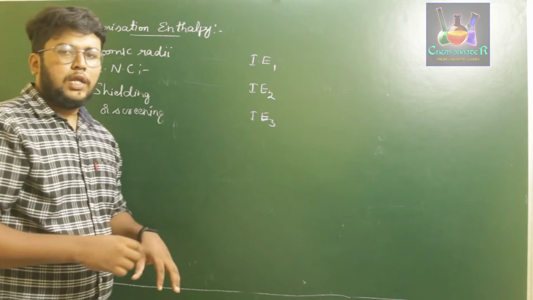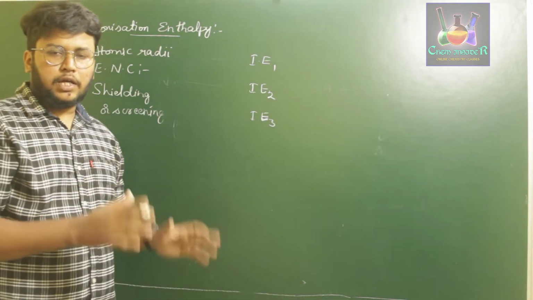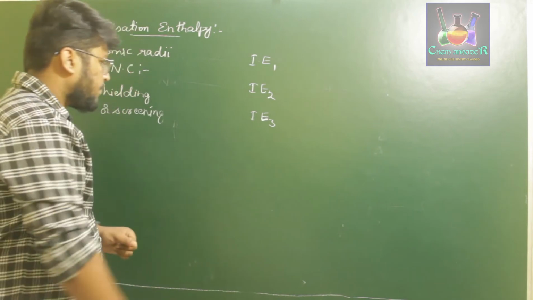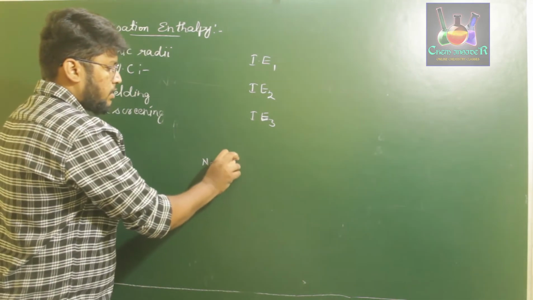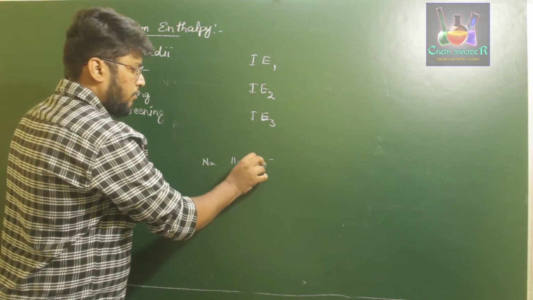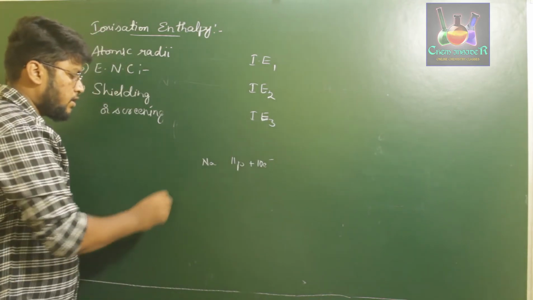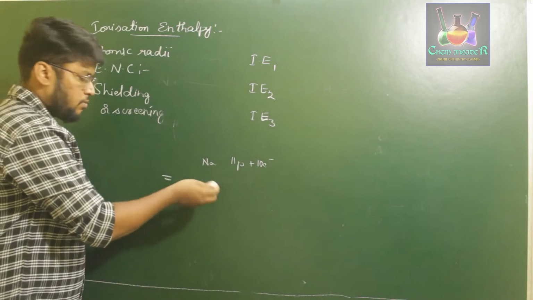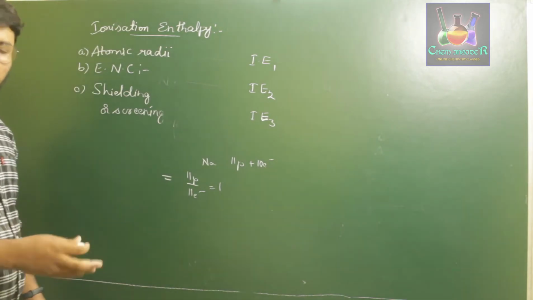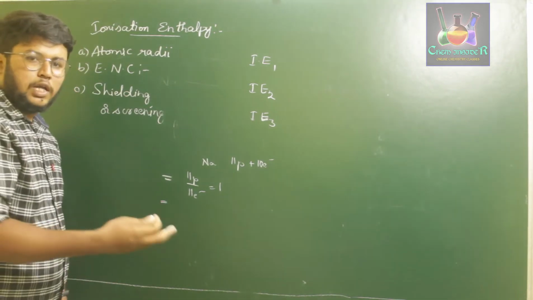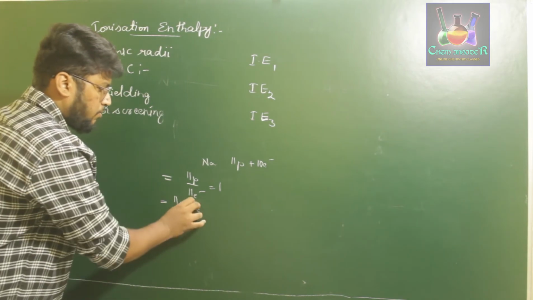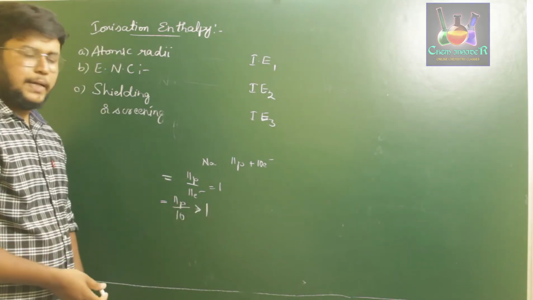That is because whenever you remove an electron from an isolated gaseous atom, we have increased its effective nuclear charge. Let's see. If I take the sodium atom itself, the sodium atom has 11 protons and 11 electrons, right? Now if you remove one electron, then we'll be left with 10 electrons. If we take the ratio of protons to electrons, 11 protons by 11 electrons gives us 1. Effective nuclear charge is 1. If you take away an electron from this, then the number of total protons is 11 and the number of electrons is 10. So the effective nuclear charge will be more than 1, right?